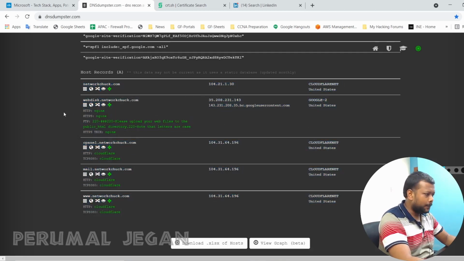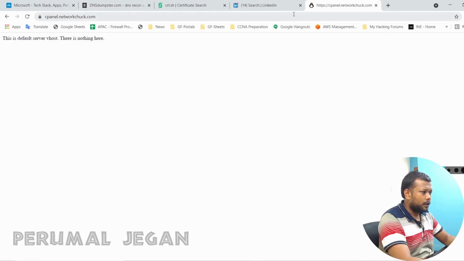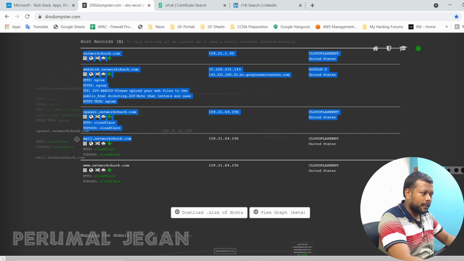I'll be able to see the list of subdomains here. I can see the subdomain cpanel.networkcheck.com. Who knows, this could be one of his crucial websites, and it is used to access the mail of Network Check.